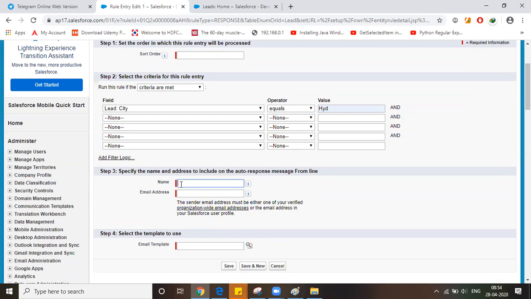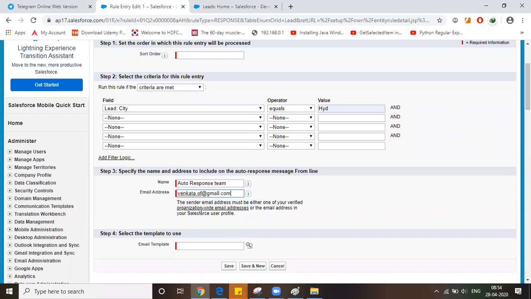So you can give email ID. The default email ID you have to give here.